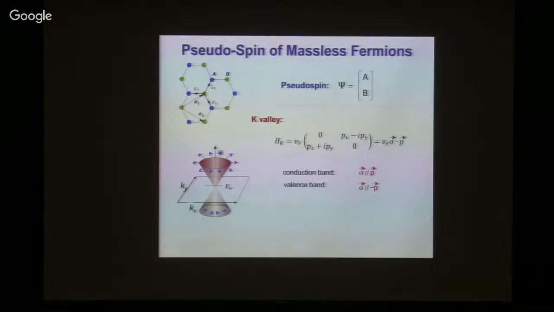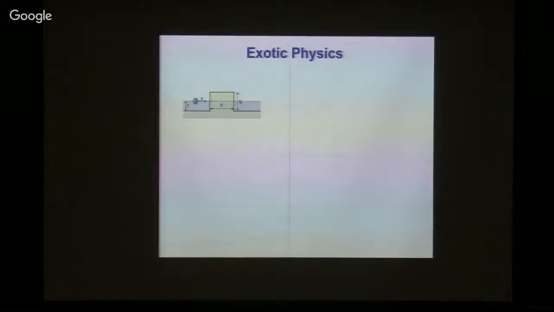So what you can see is when you look at the pseudo-spin distribution in momentum space, it actually has a quite unusual texture. So all these pseudo-spin are parallel to the momentum, and all these pseudo-spin are anti-parallel to momentum. So this happens for the K value. If you think about K prime value, you can just do a time reversal symmetry, but similar behavior happens. And this unusual texture of pseudo-spin in momentum space really gives rise to a lot of exotic behavior of electrons in graphene. For example, we can think about a simple tunneling problem.